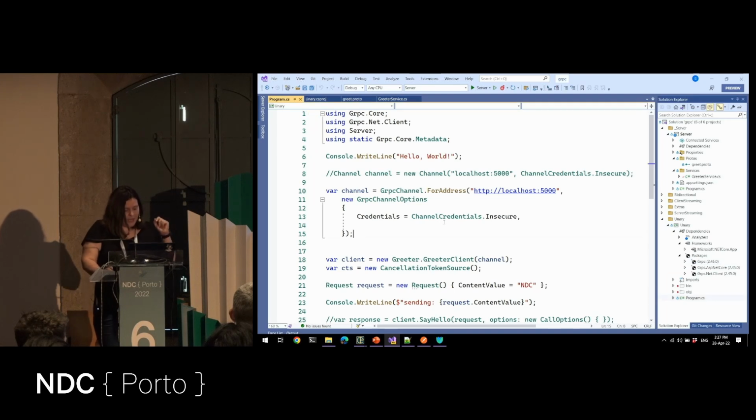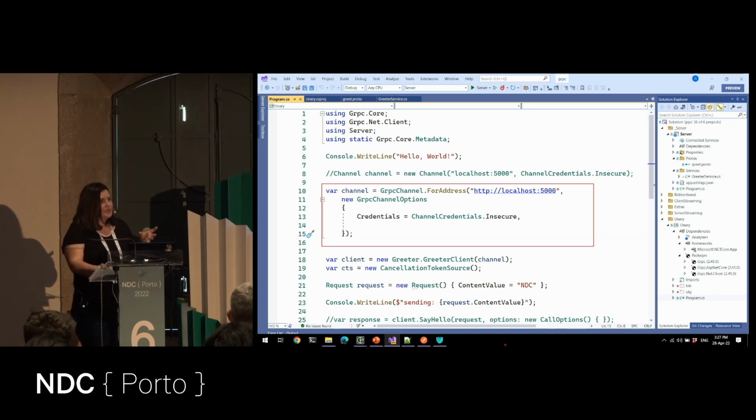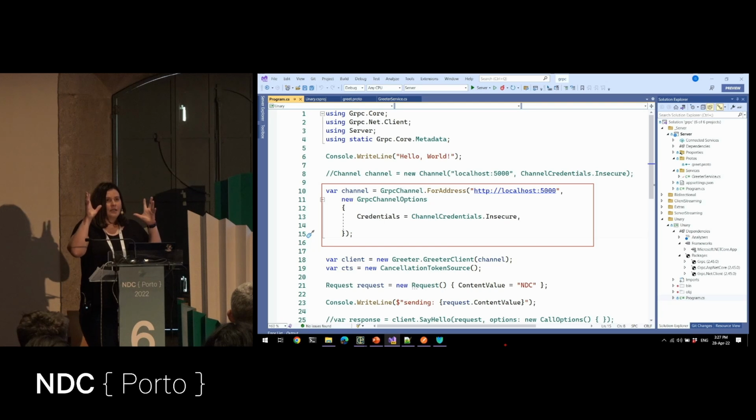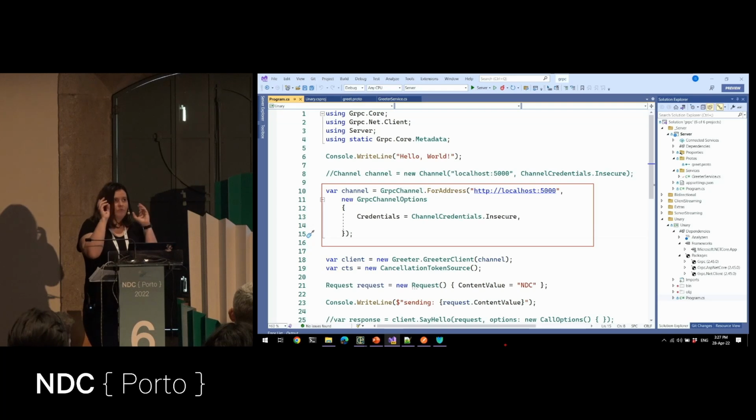For example, when you're talking about gRPC, first you need to create a channel. So a channel is a thing that opens a TCP connection, and from that channel, several pieces of data can travel back and forth. So with a channel, you can talk with the server several times on the same TCP connection. So it's like, okay, open the communication way once, and then chat whenever you want.